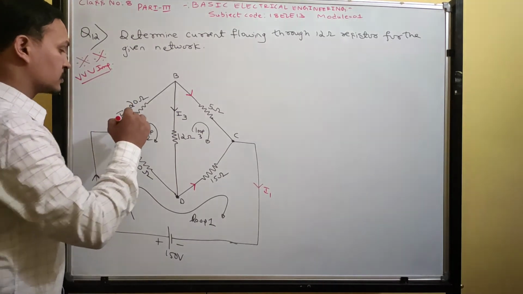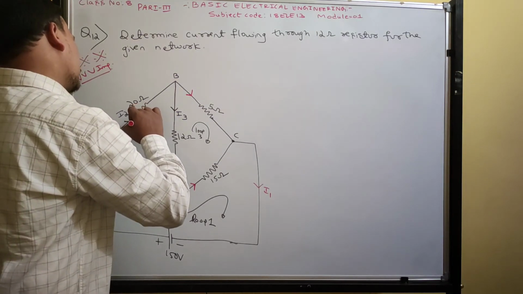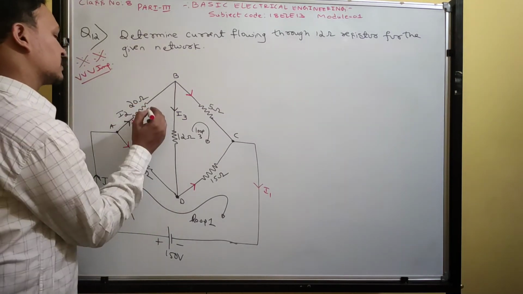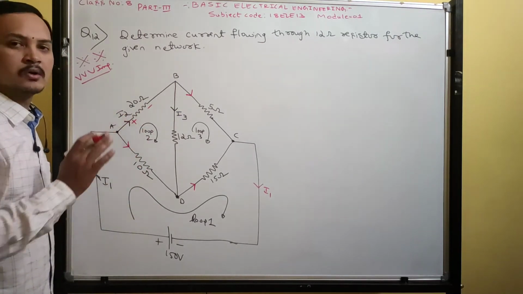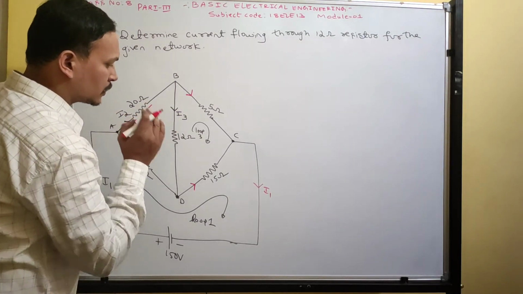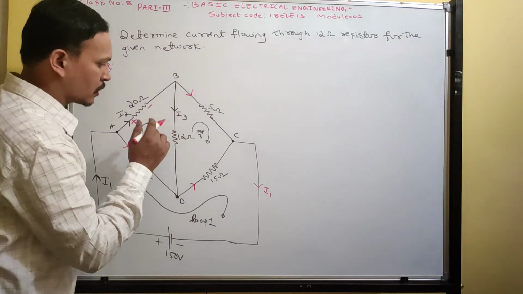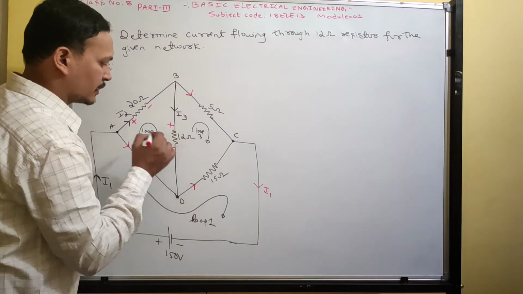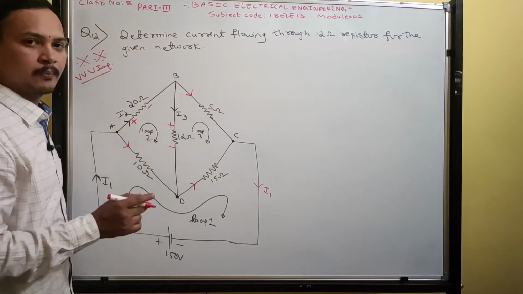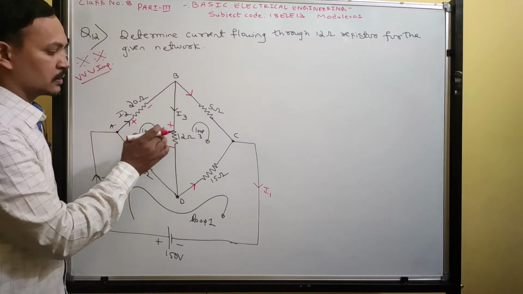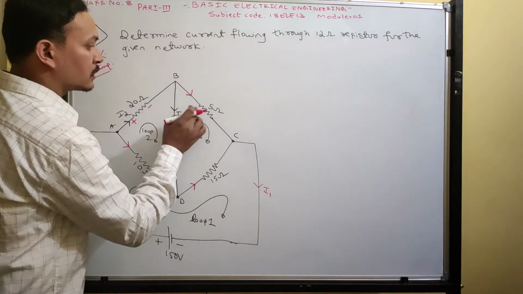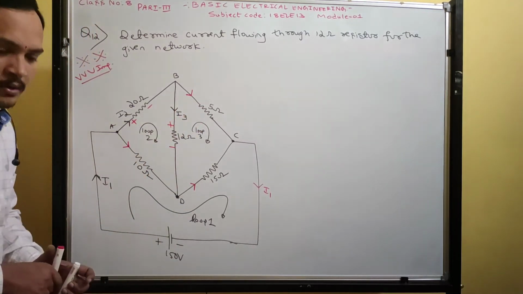Now I2 current flows here. You mark the polarity: current enters the resistor, mark plus, leaves, negative. This polarity is fixed. No other current flows here. Now the 12 ohm resistance: only I3 current flows in this 12 ohm, so plus and minus, only the 12 I3 drop will be there. No other I1 and I2 currents will be in this. Only I3 flows. What about the current in this and this? I need to find that out.